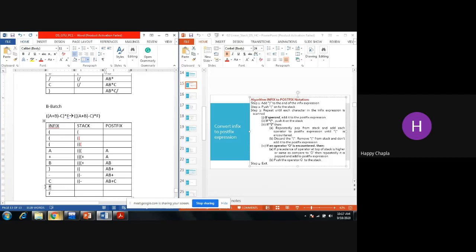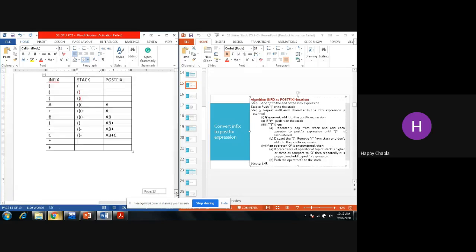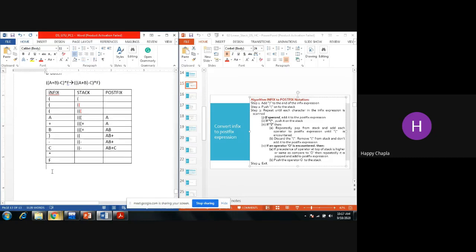Now I have star. So check the precedence of star and minus, right? So we have the rule that if the top of the stack element is greater or equal to my star, the encountered element from the infix, then we need to pop out the minus, but here the case is wrong. Minus sign is not greater or equal to my star.